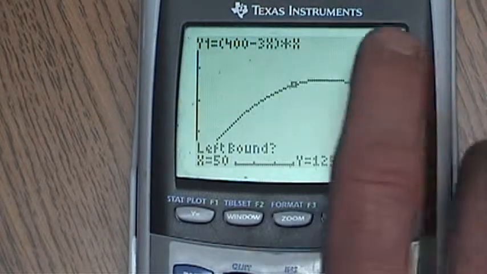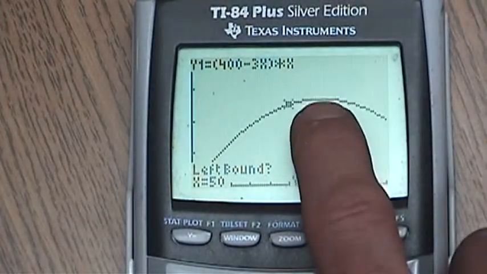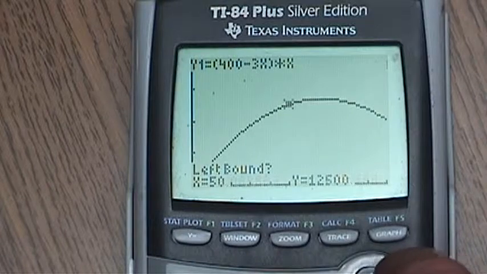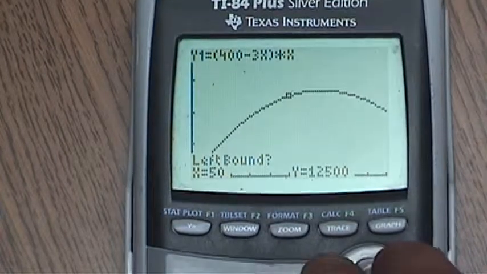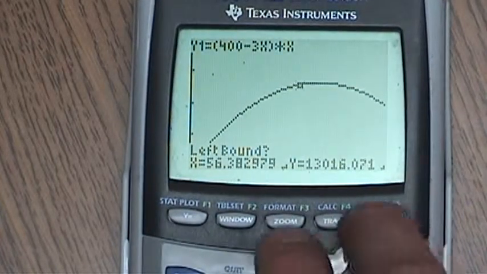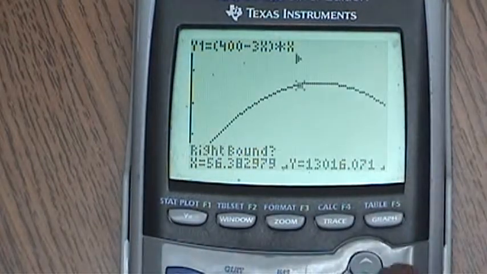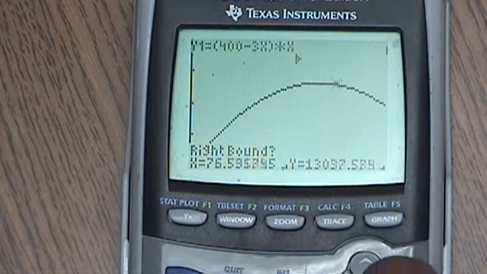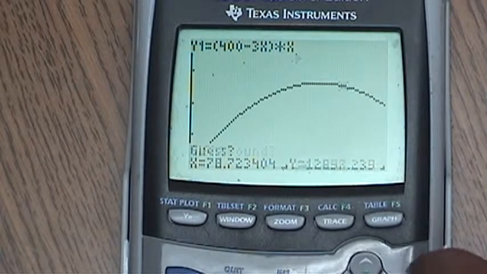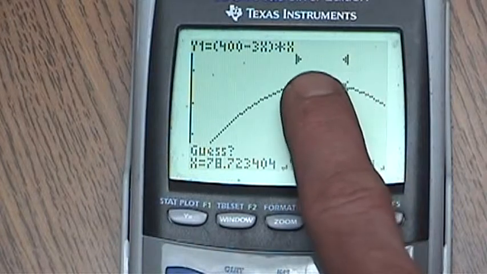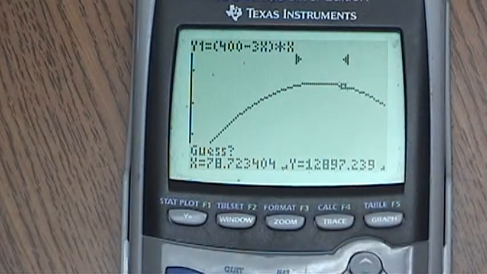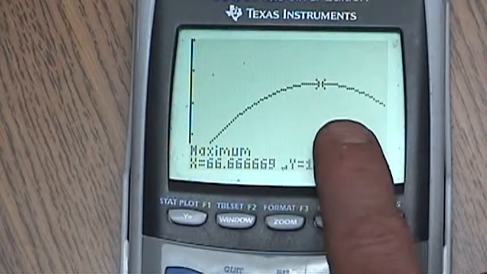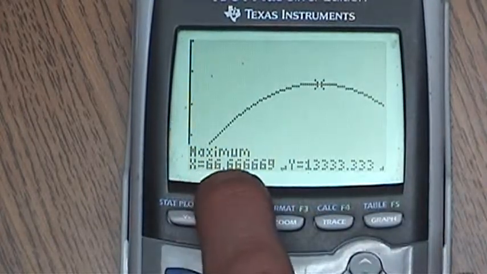I'm going to select that, and to find the maximum value, I hit a left bound. I just pick some point on the curve, using the arrows to move left and right, some point left of my maximum, and press enter. Then I move the cursor a little bit to the right to give it a right bound. So I've effectively told it the maximum has to be between these two points. It asks for a guess, I press enter one more time, and it tells me the maximum occurs right here when x is